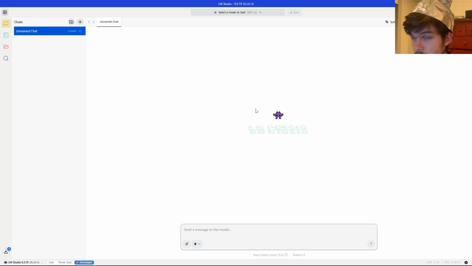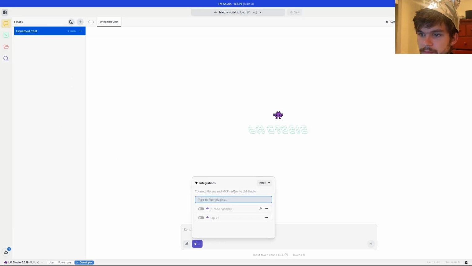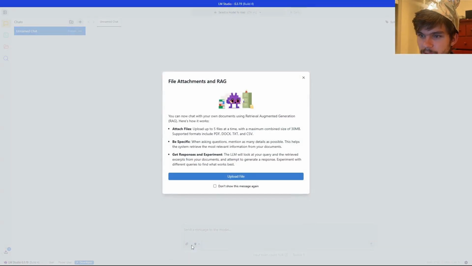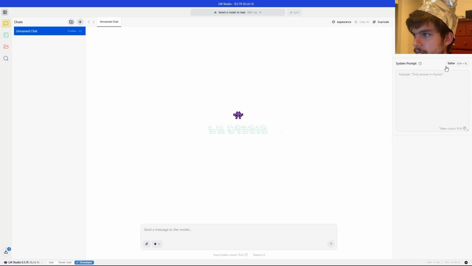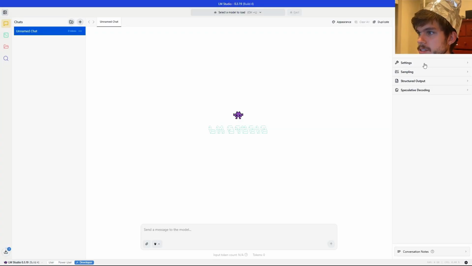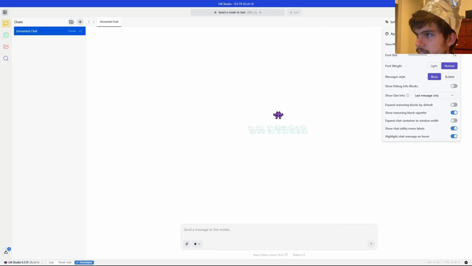And here's what the layout looks like. It looks very similar to ChatGPT. You can plug in PC servers, which is another complex topic, but super powerful. You can upload files. Pretty impressive stuff for the most part. You can have a system prompt, models, settings, sampling, outputs, programs, all this jazz. And then appearance, I'm always going to go for